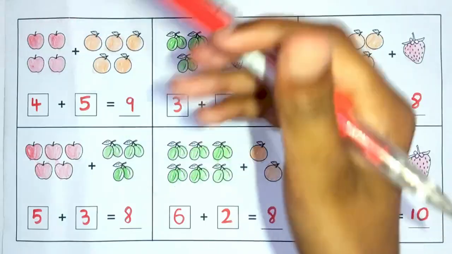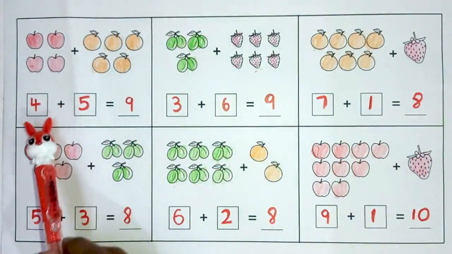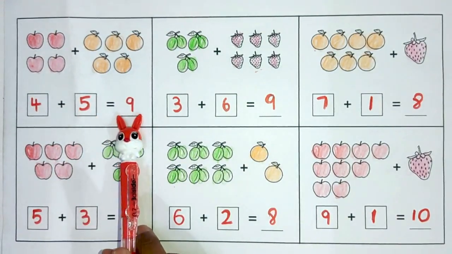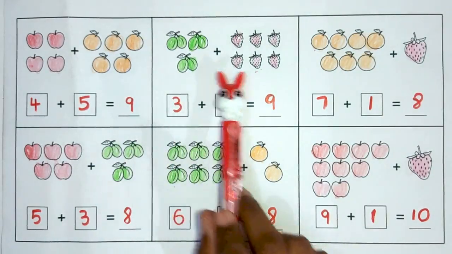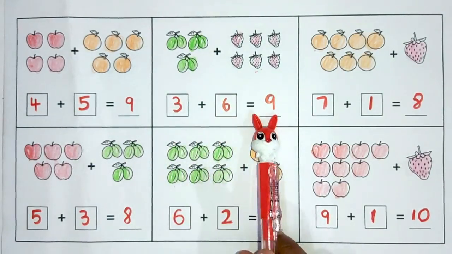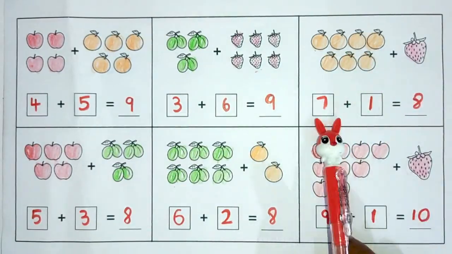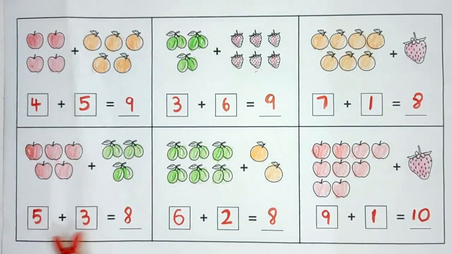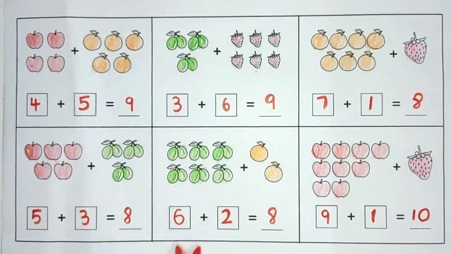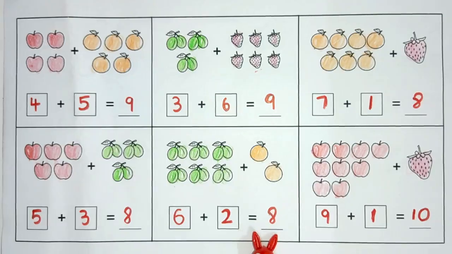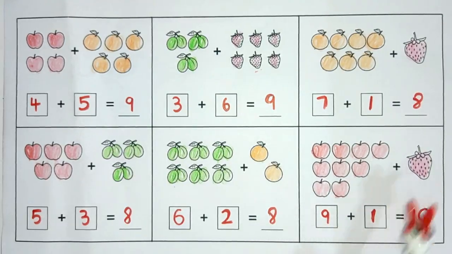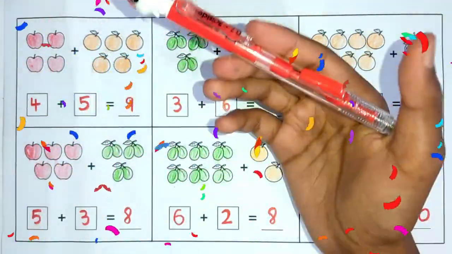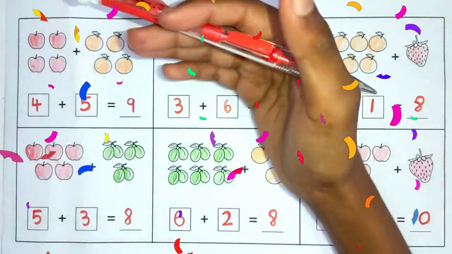तो बच्चों, हम इसे फिर से एक बार पढ़ते हैं. 4 plus 5 is equals to 9. 3 plus 6 is equals to 9. 7 plus 1 is equals to 8. 5 plus 3 is equals to 8. 6 plus 2 is equals to 8. 9 प्लस 1 इज इक्वल्स टू 10। वाह चिल्ड्रेन, हम एडिशन सीख लिए।